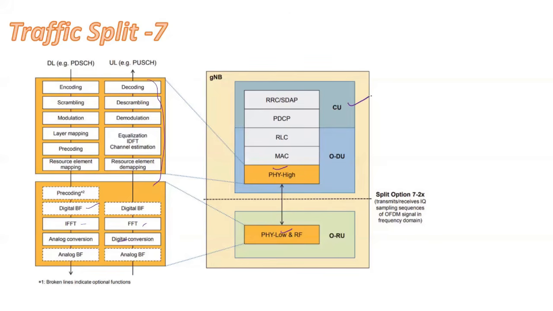So again, we have divided gNodeB into two things. One is CU and one is open DU. And then we have open RU, right? So that's why we need disaggregation between CU, DU, and RRU, because real-time function should be near the site and non-real-time can be put in the BBU or in the central office, which can be easily controlled. So we don't have to go to each site, right? So have I given your answer, Sayed?